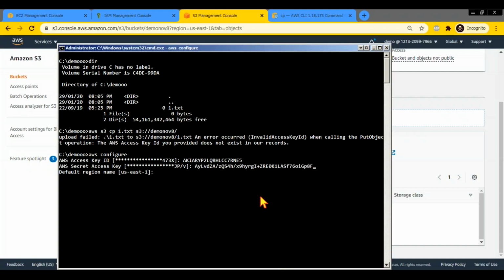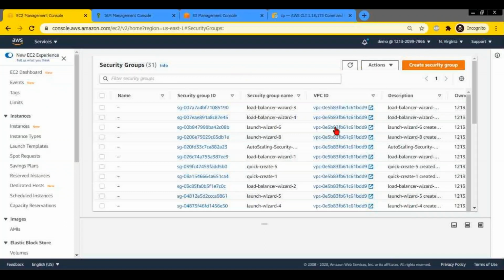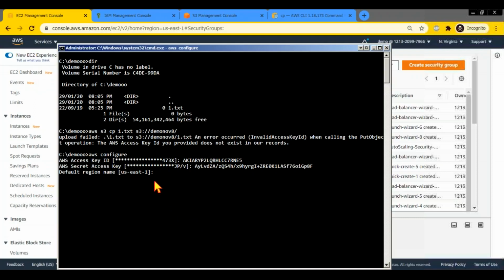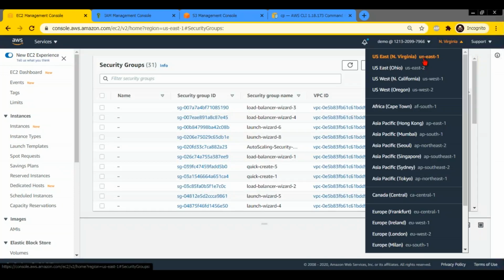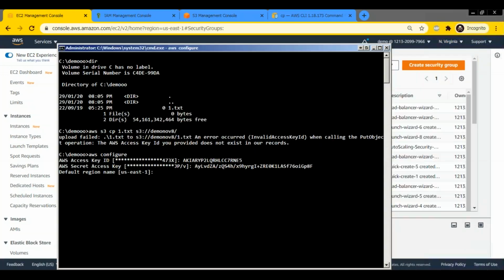Then it will ask you what the region is, because in the console it is easy. You can choose the region over here, but in the CLI you have to be more specific. The default is us-east-1. Here you can't say Ohio or North Virginia. You have to use the region code, us-east-1, which is the region in which you want to run the command. It is the default, so I'm just pressing enter. Output is whenever you execute a command, you will get an output. It can be text, JSON, or table. I'm just leaving it at text.